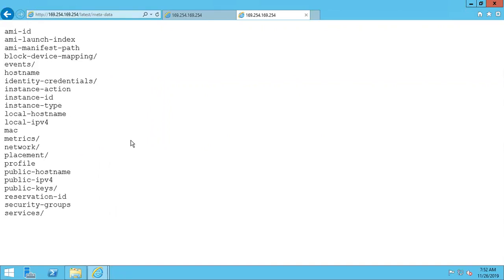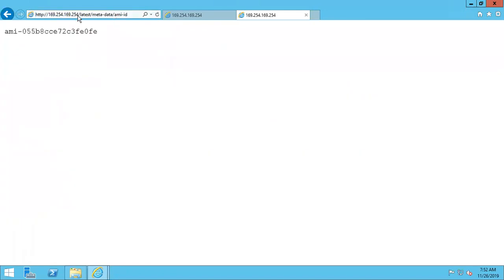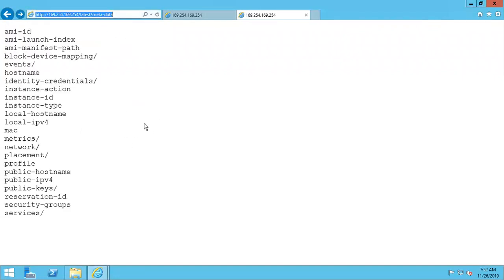For example, I want to know this EC2 instance AMI ID. Simple. Next to that metadata, give slash. What is the information you required? Again, remember, we can get only this information. Click on enter. This is what my AMI ID is. My instance AMI ID. See, I can execute when my instance is in running state. Am I right? Otherwise, I cannot execute this command, right?